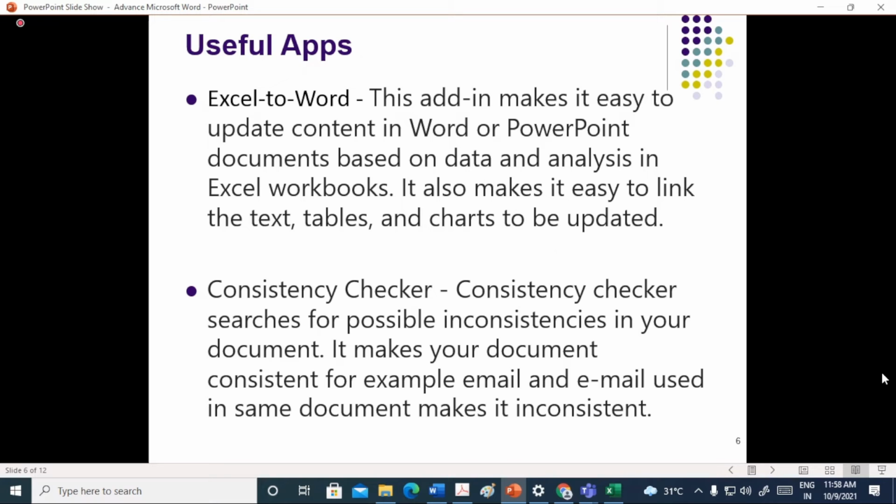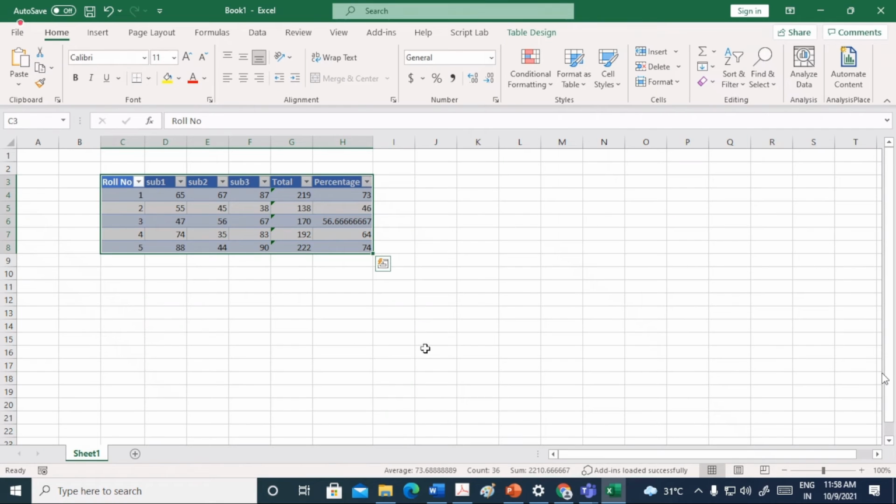Okay, so Excel to Word, this is the exact name. You have to install this app in Excel as well as the Word document, in both the software. So let us say Microsoft Excel. This is Microsoft Excel, right?